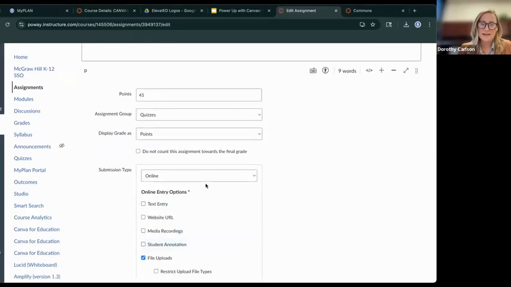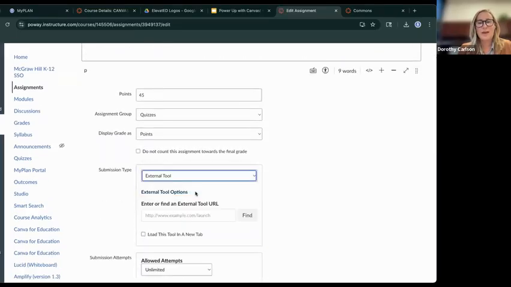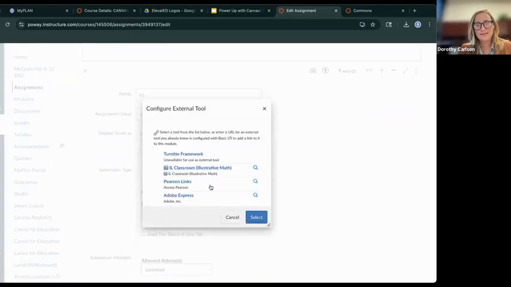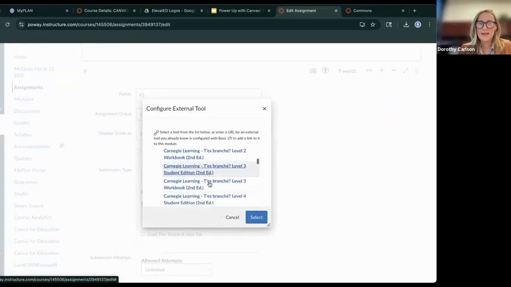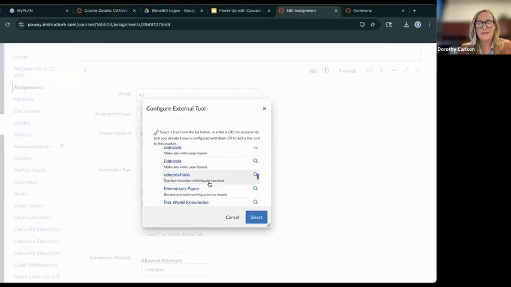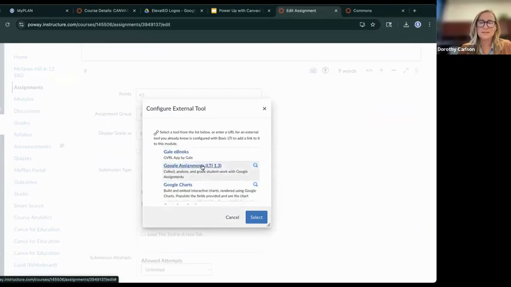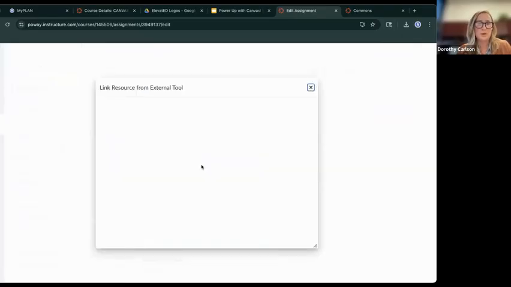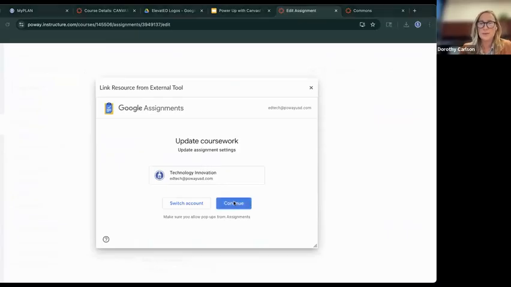And now I'm going to go back to that external tool, choose Google LTI, assignments LTI 1.3, and then I'll be able to save it. So we can go through all of those steps we just explained: push it out to students, save it, push it out to students,